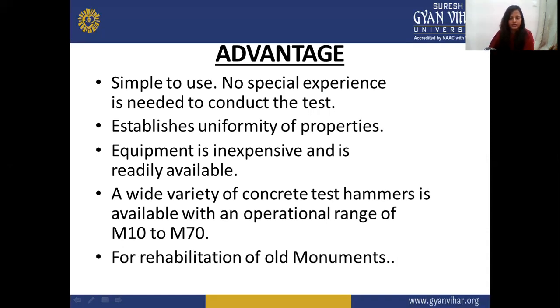It can be done for old monuments because we do not have any records of the material which was used in old monuments. But using a rebound hammer test, we can spot out each and every location which might have some deformities, some problematic areas or certain spots which need to be corrected, and by identifying such voids or holes or cracks we can do the maintenance in a particular area. We need not damage the whole structure and construct it again.